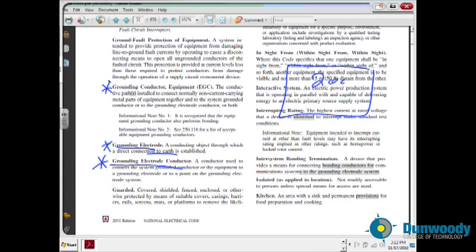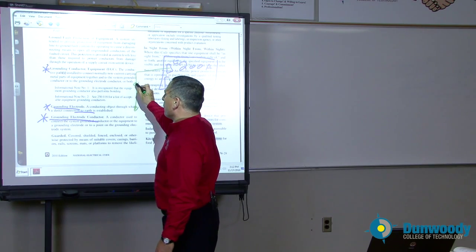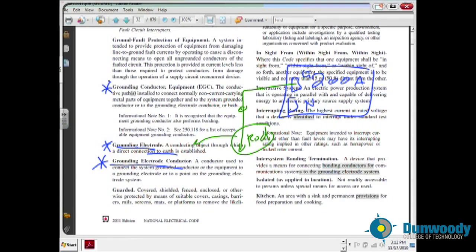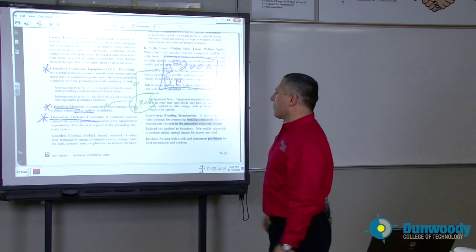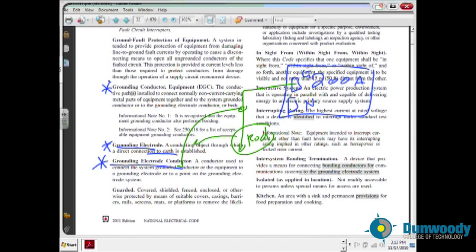If I have a 200 amp panel, without getting into grounding, this is my neutral, this is my ground, and I take a conductor from the ground directly to Mother Earth, to a rod. The rod here is going to be my electrode, and the conductor right here is going to be my grounding electrode conductor.